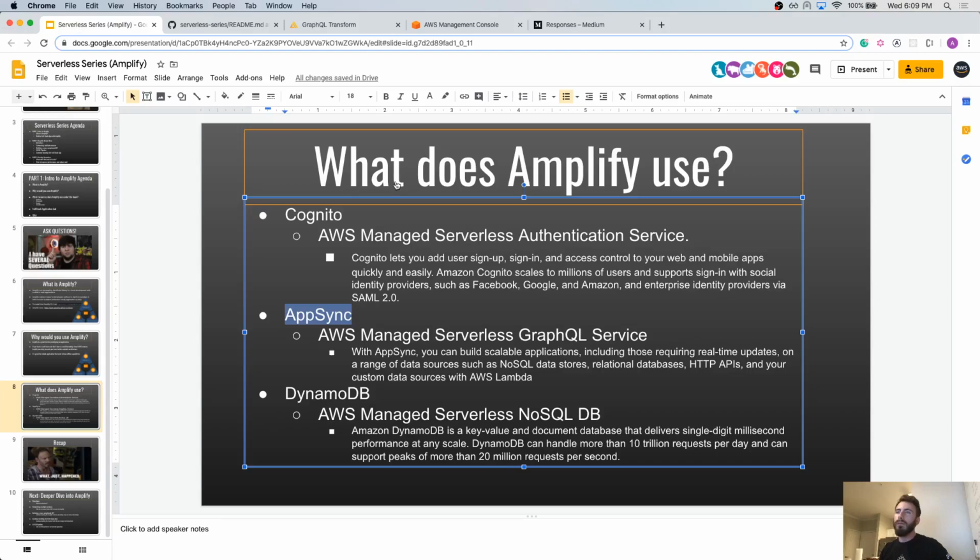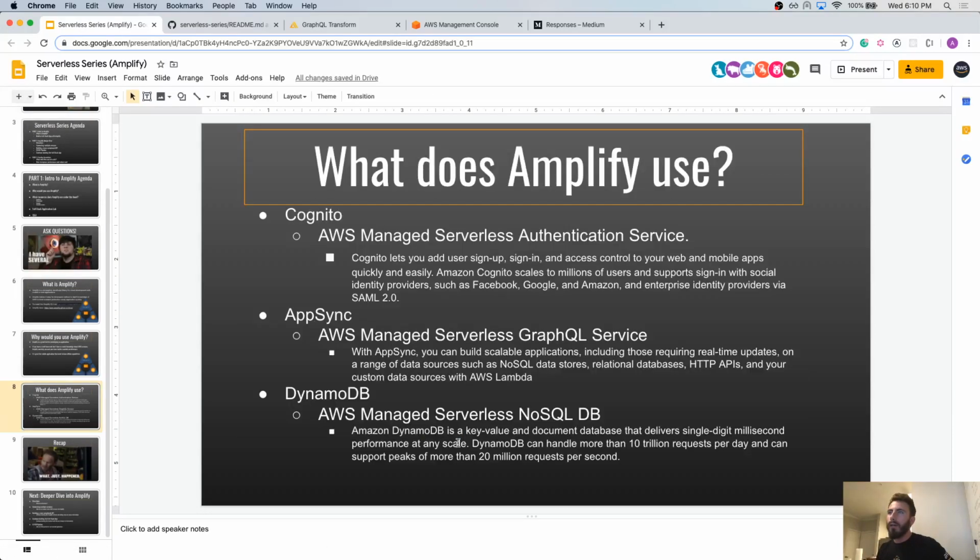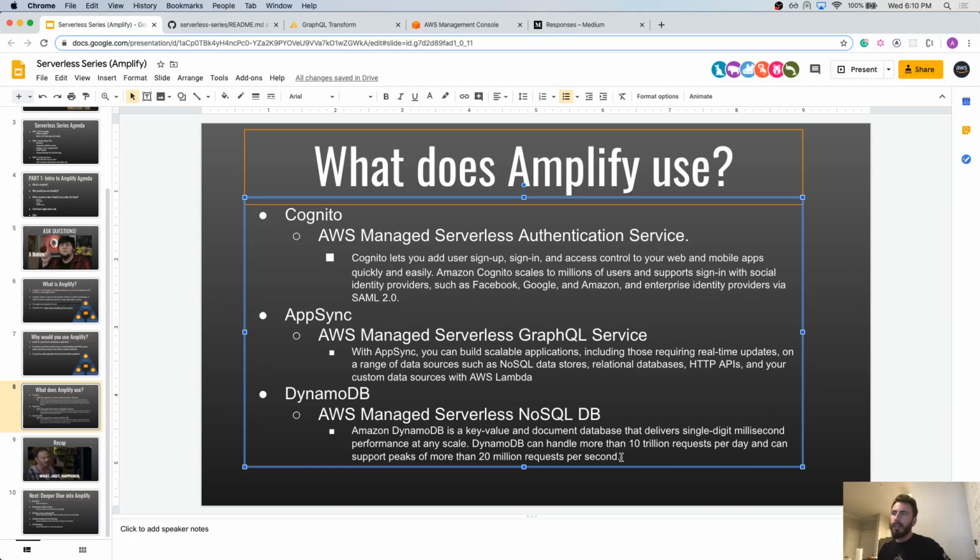And then the last thing is DynamoDB. DynamoDB is Amazon's managed NoSQL database. You read the little blurb here, which talks about why DynamoDB is pretty awesome. It says it can handle more than 10 trillion requests per day and can support peaks of more than 20 million requests per second. It's a pretty awesome database in that you're not having to manage, like we talked about before with this whole serverless thing,